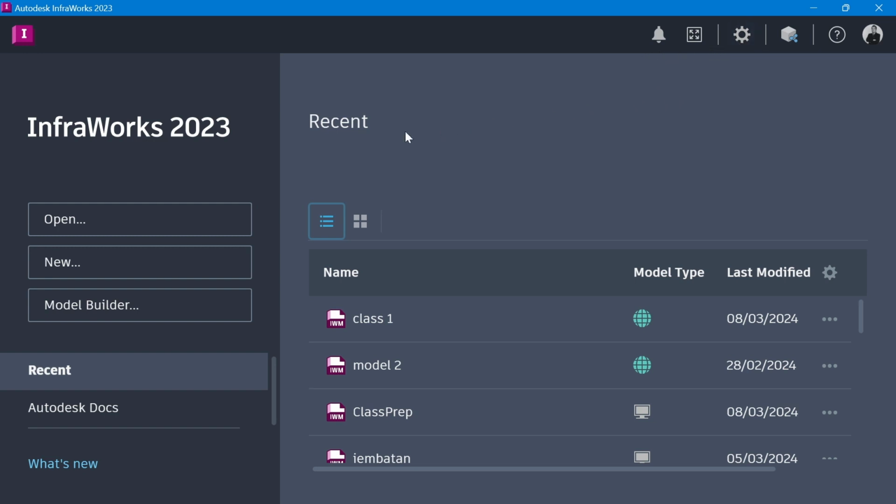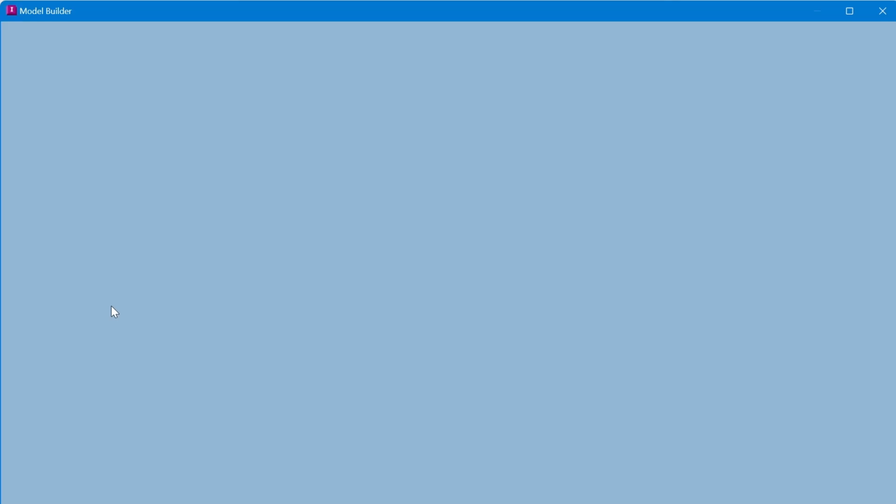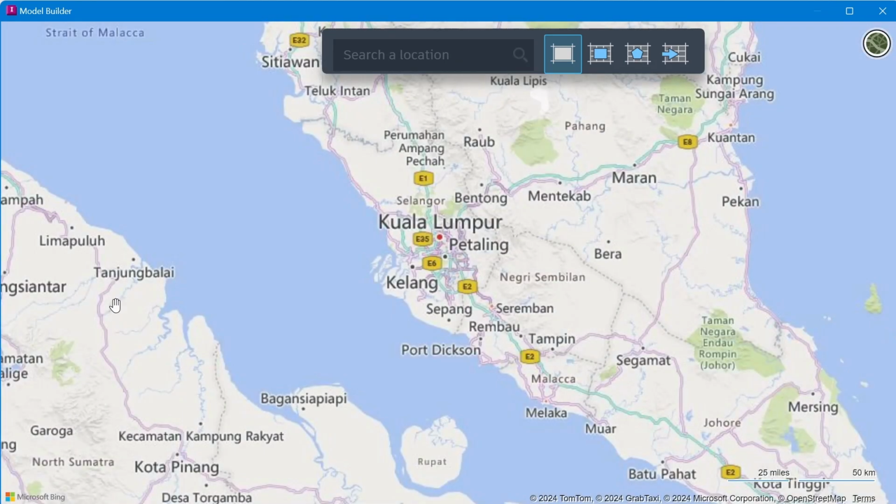Then let me start with the model builder. Pressing this one will give you a new window. You can see here you can search the location. You can directly select the whole area on the screen, but limited to 200 square kilometers.